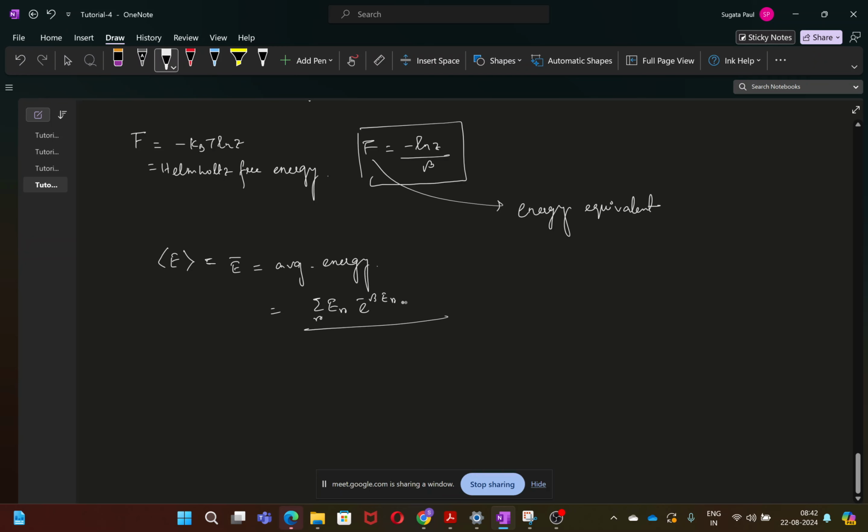Here e to the power minus beta ER is your weight factor for this particular energy state ER, and then you are taking a sum over all the states, and you are dividing by simply the partition function to take an average. So you can also write it like this, as del beta of